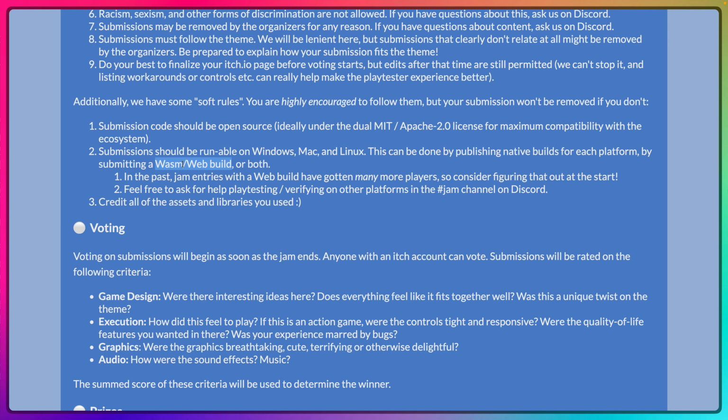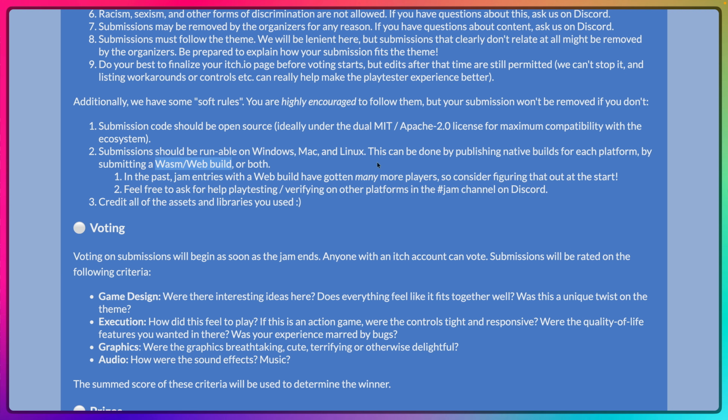You will get the most people playing your game if you do a web build. Whether that is WebGL based or WebGPU based doesn't really matter all that much. I think at this point, most people have WebGPU capable browsers. If you want to go the extra mile and do kind of legacy support, you can target WebGL. But this is the reason that bevy run with the web subcommand is going to be super useful, because you're going to be able to just run your application. It'll deal with all of the web stuff for you,